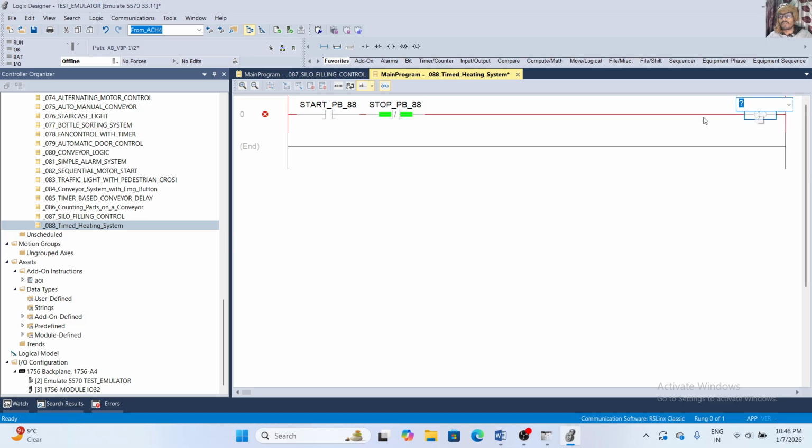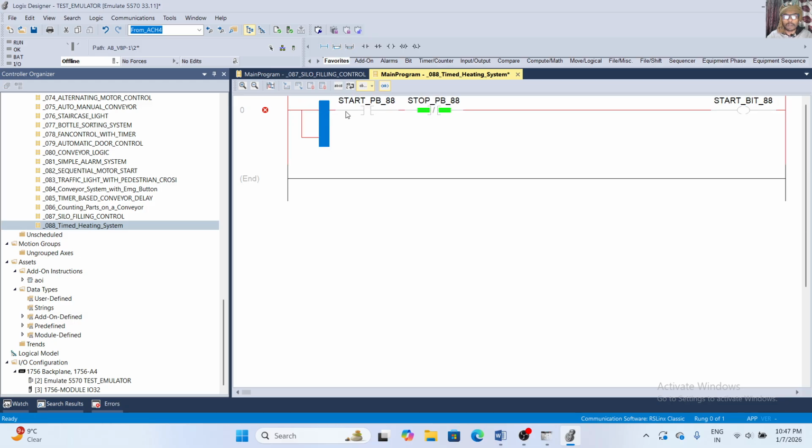Then I take an output bit, start bit 88, and I create this start bit 88 as an OTE.